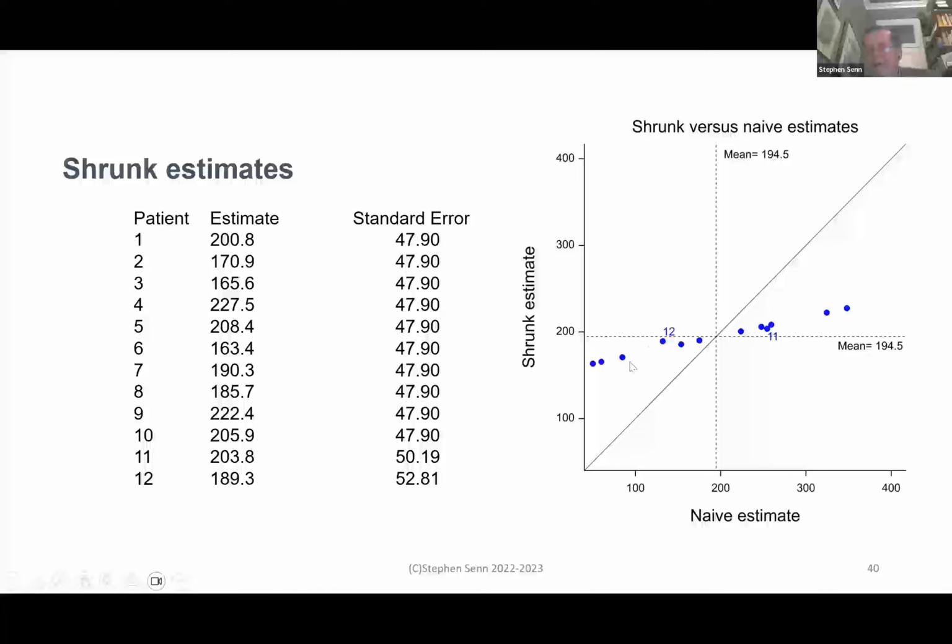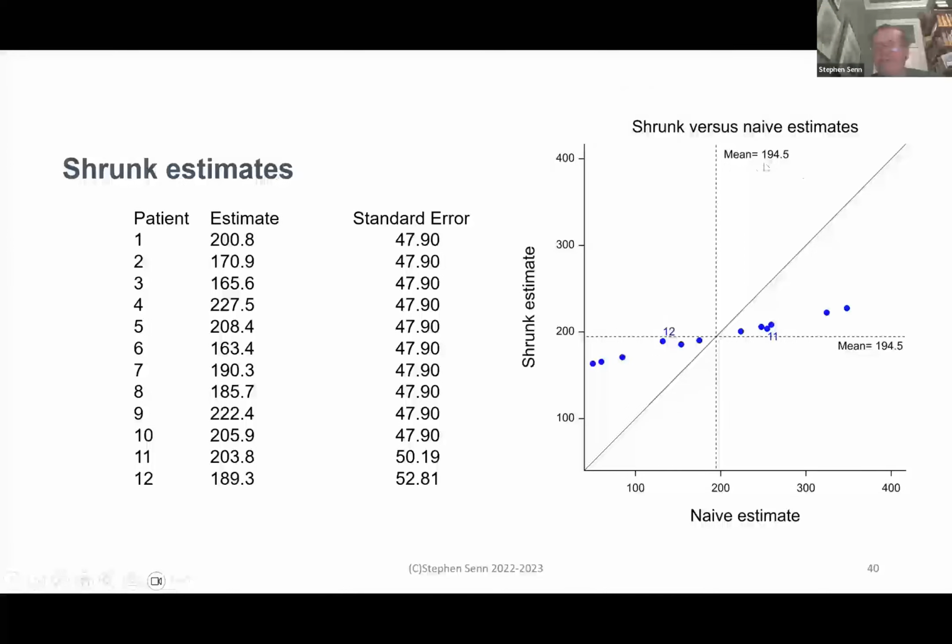The value for patient number 12 is shrunk much more radically, and for patient number 11, somewhat more radically than for the other patients. The other patients lie along the same line of shrinkage because they have the same amount of information locally from their own results, whereas 11 and 12 have less information, and therefore they are shrunk more radically to the overall mean,